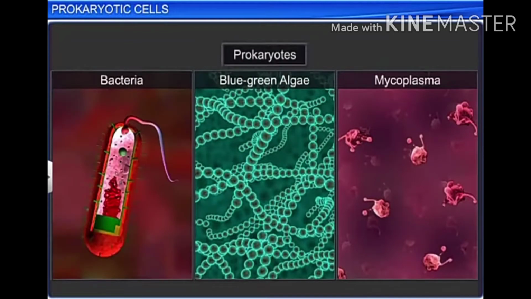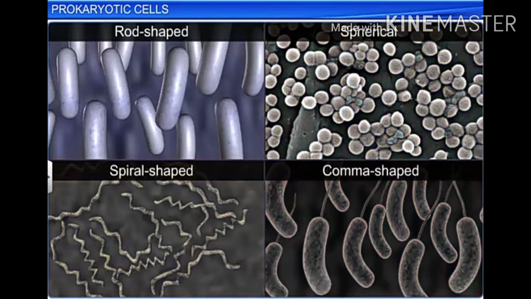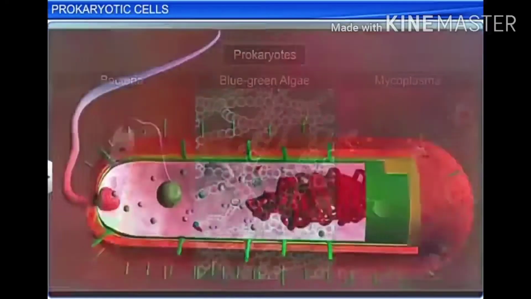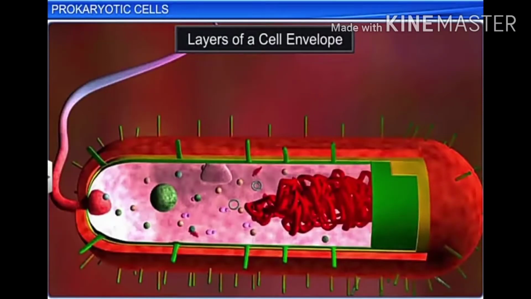And they can be rod-shaped, spherical, spiral-shaped, or comma-shaped. Microscopic studies reveal that most prokaryotes, except for a few such as mycoplasma and thermoplasma,